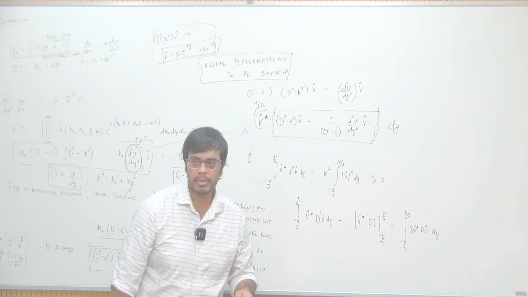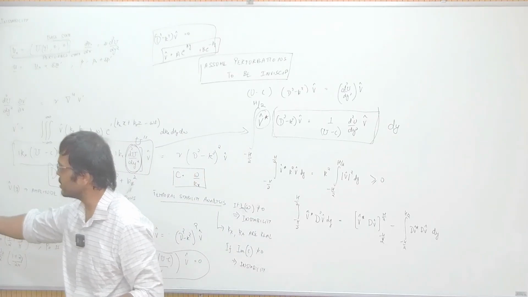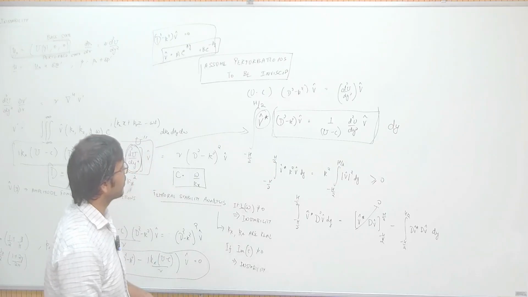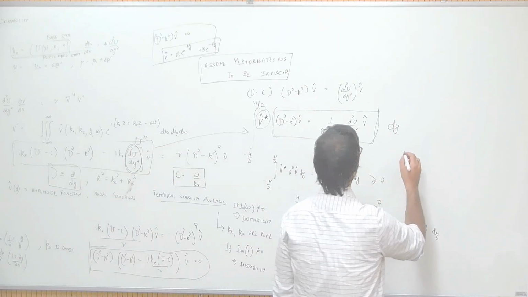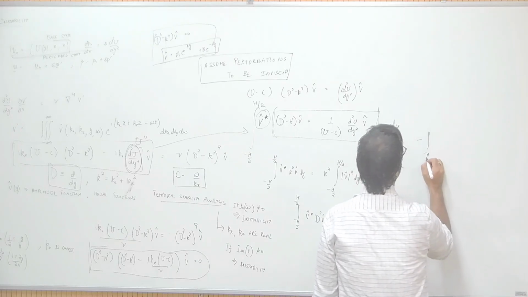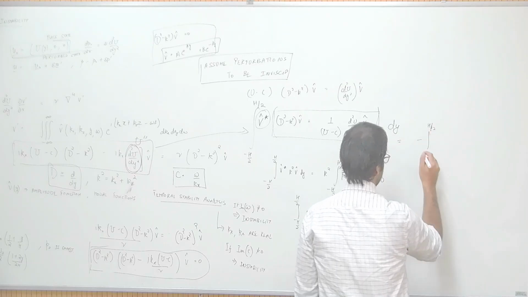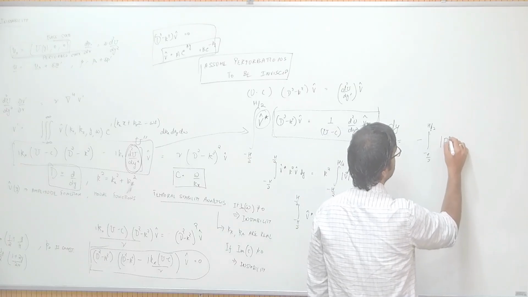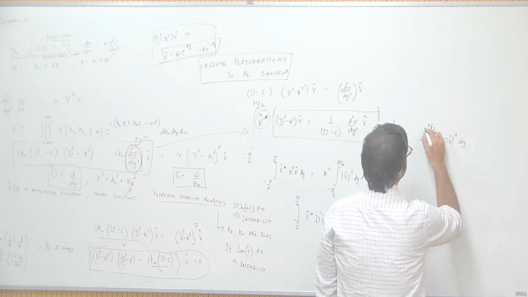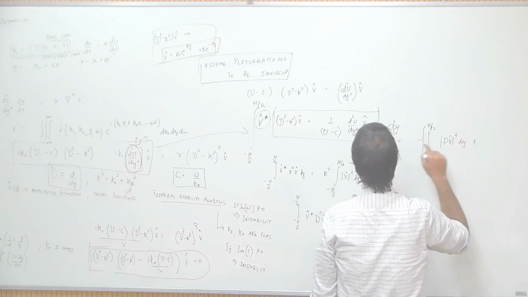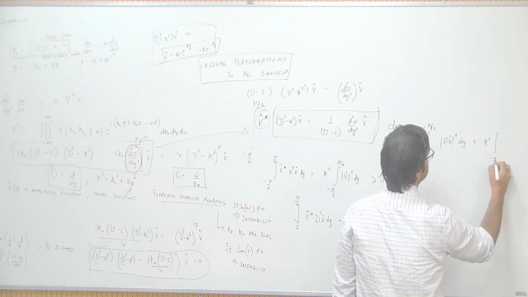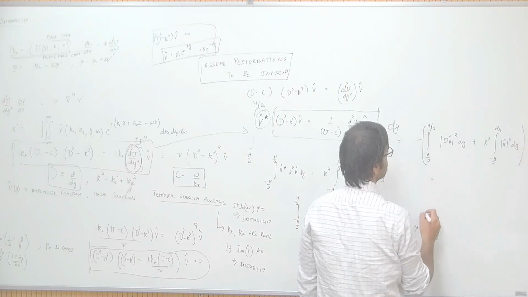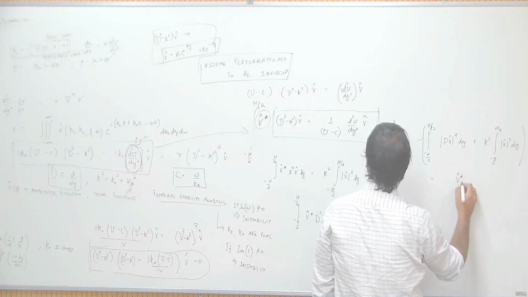What is v hat at h by 2 or minus h by 2? 0. So this term is 0. Okay. So the left hand side is basically minus of the integral from minus h by 2 to h by 2, so this term is minus of, this is v hat star times v hat. So this is mod of dv hat squared dy, and then a plus of, I have taken minus outside, plus of k squared integral from minus h by 2 to h by 2 of mod v hat squared dy equals